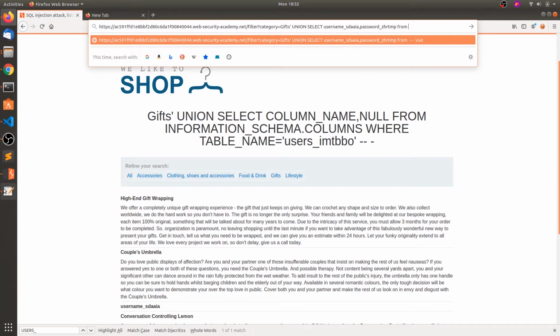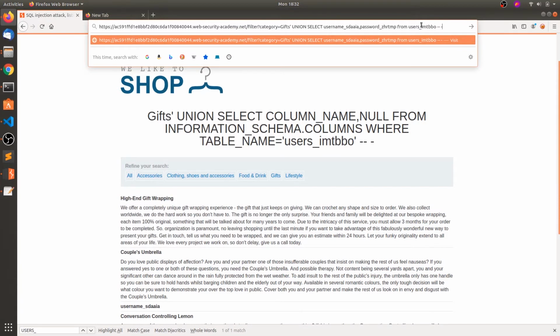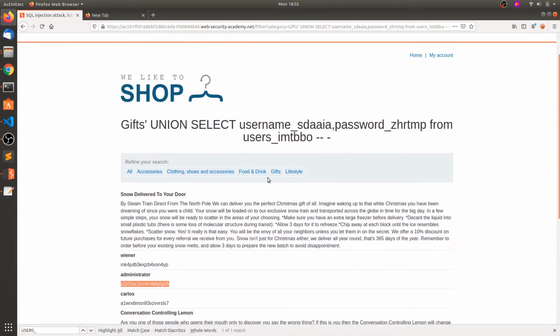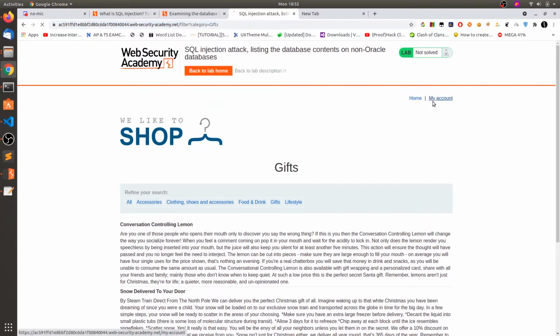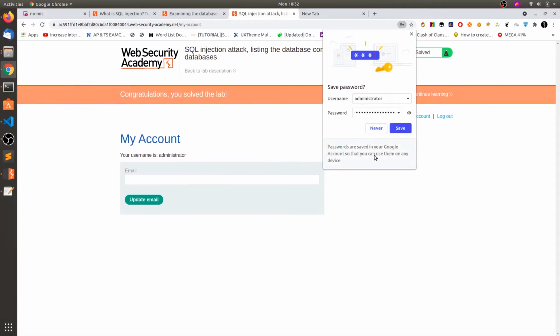From this table name, copy here, paste. You can see we got the credentials, administrator. You can copy this and go to my account, log in with the administrator credentials. So we solve the lab.